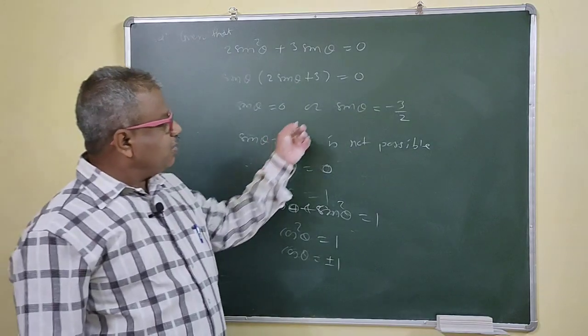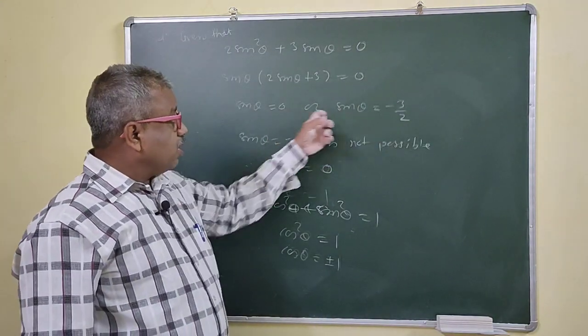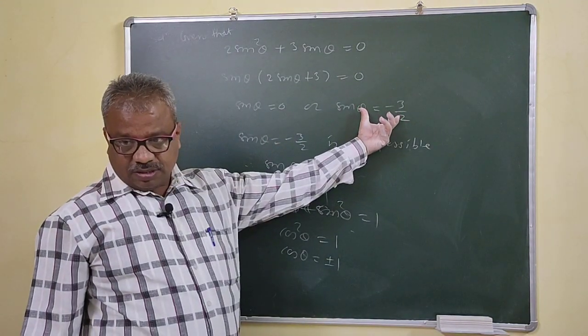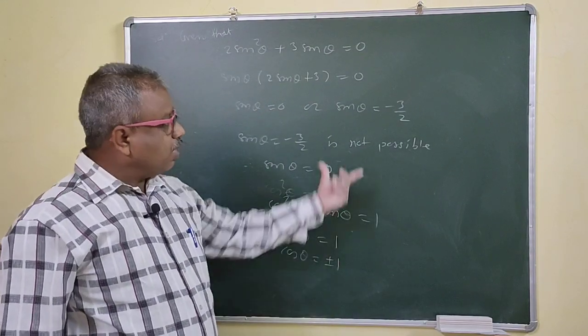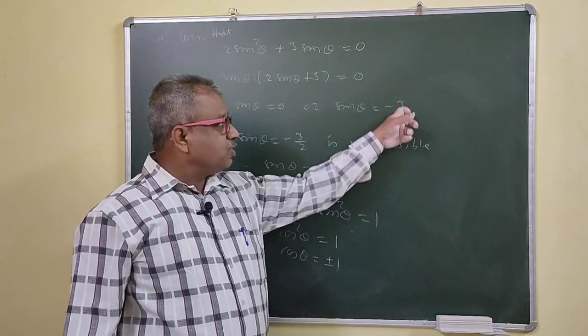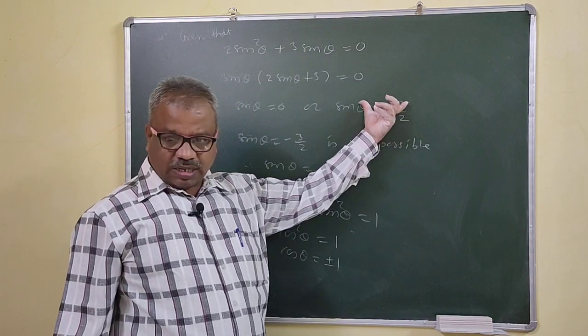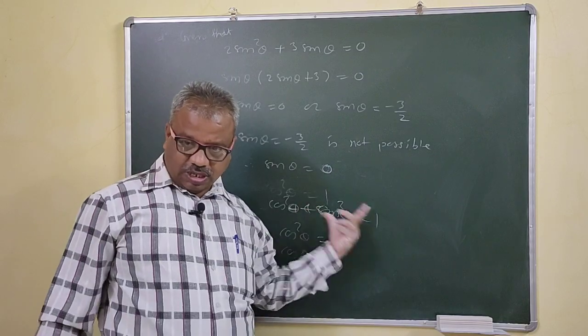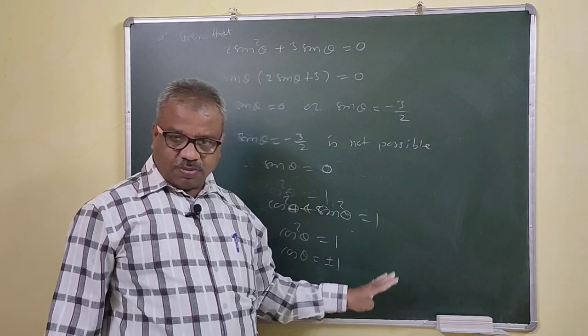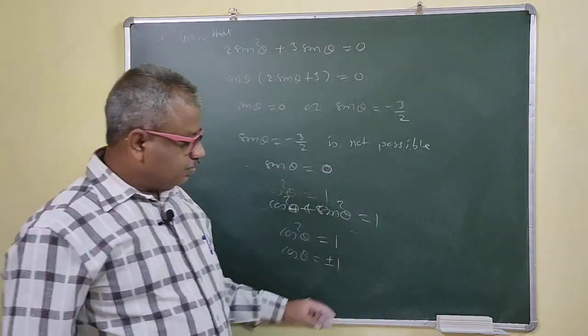Suppose this is permissible, then with the help of this 0, your value of cos theta is equal to this. And suppose this is 1/2 and minus 1/2, suppose that is also permissible. You can find the value of cos square theta from this relation. You get 4 values of cos theta then, right?